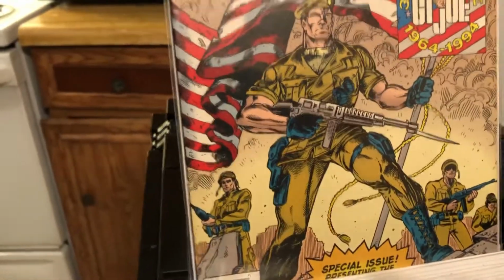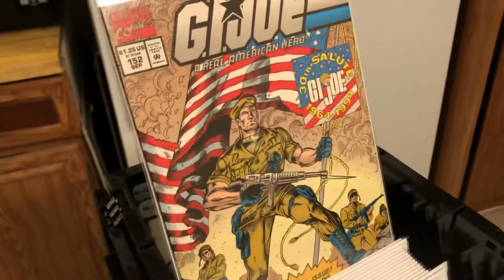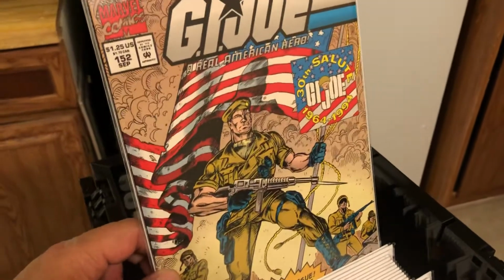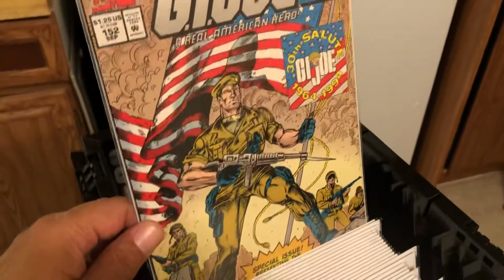Now these last few issues are really, really hard to find. They were low print runs, so completing a collection of the original Marvel run gets to be kind of expensive if you don't already have these issues or have to go and get them individually. Luckily, these all survived the fire, so I'm super happy about that. I like this cover. All right,